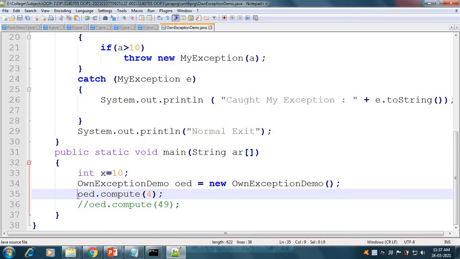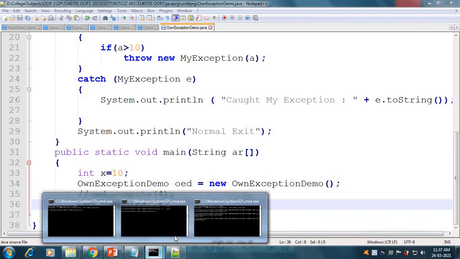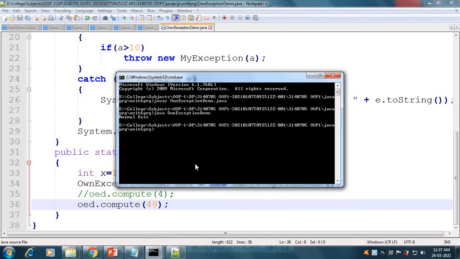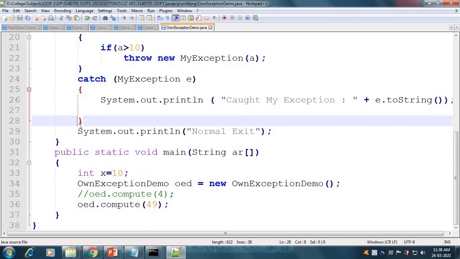But if we comment out this call, and call the method with 49, and again compile and run our program, it will print MyException, exception is generated and 49. Why?